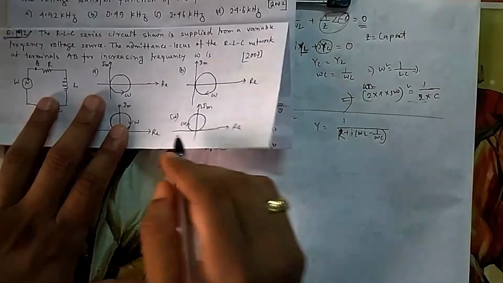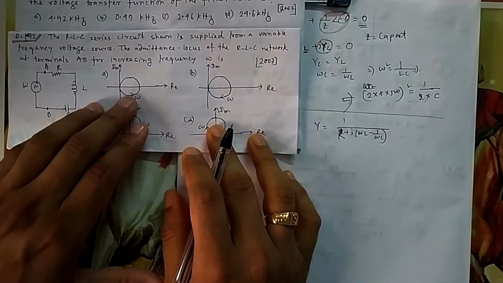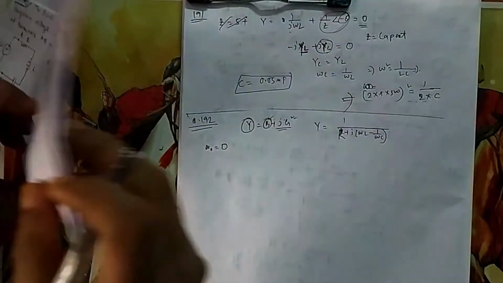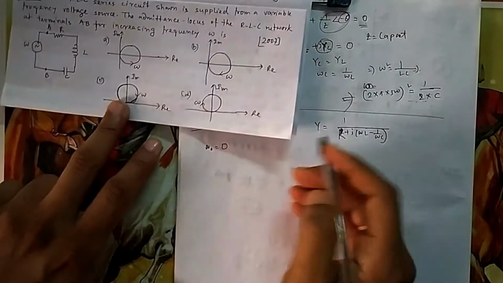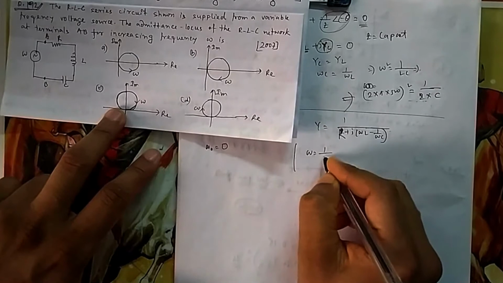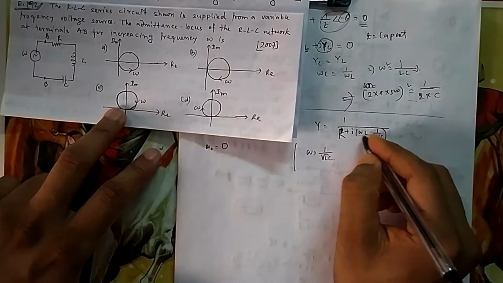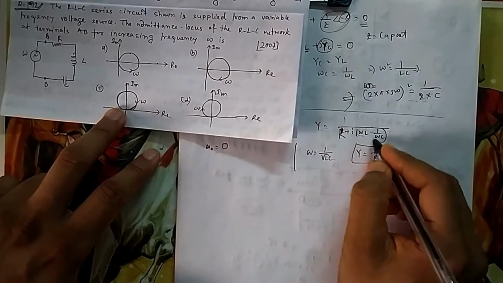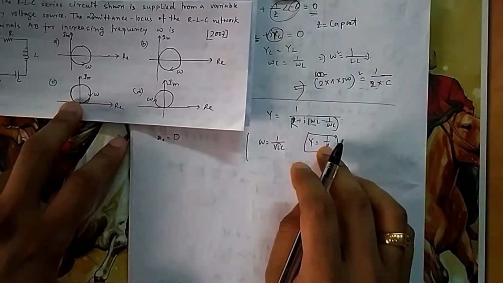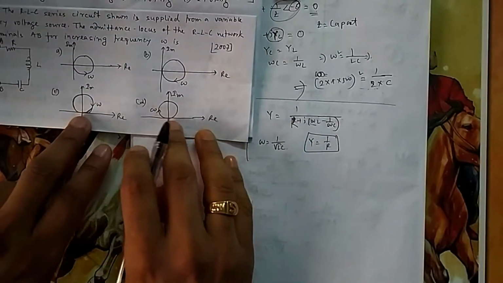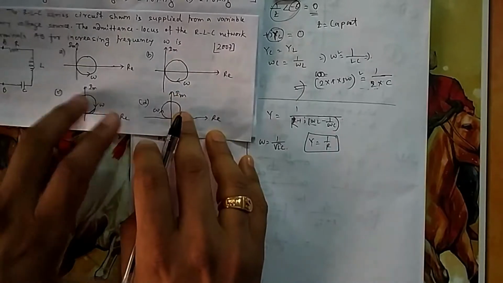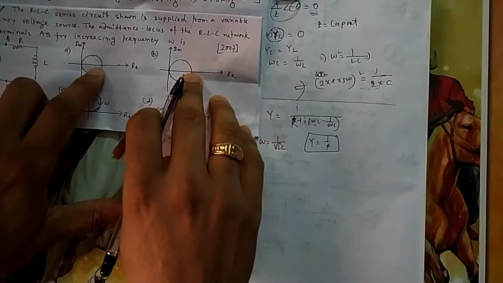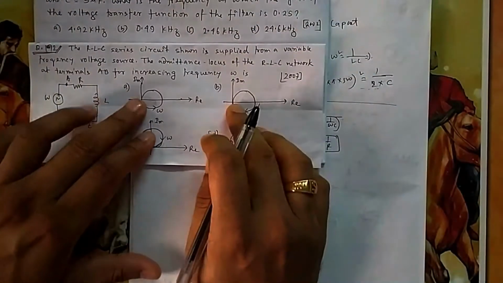That's it. Now, because somewhere it will be at resonance, this admittance should have only a real part. So obviously these two will not be the answer. Suppose omega is equal to 1 by root LC, then you will see these two terms cancel out, then Y is equal to simply 1 by R. So that means it will have only a real value. But nowhere here is it having only a real value; it has real and imaginary parts. Only here, at these 2 points, are there real values. Okay, that means I got the answer. It will be either A or B.